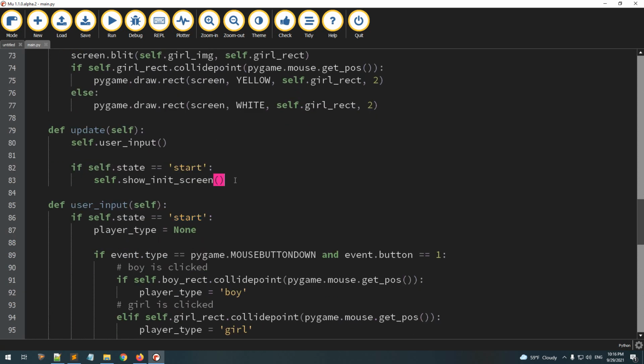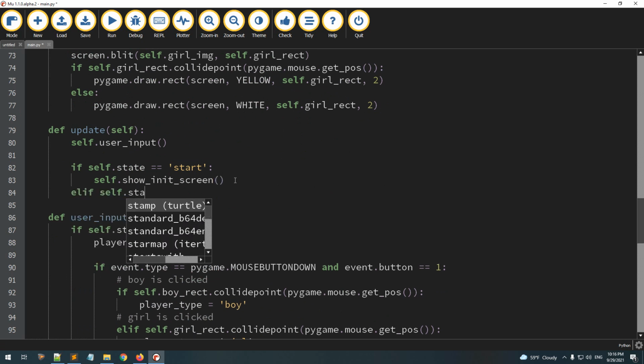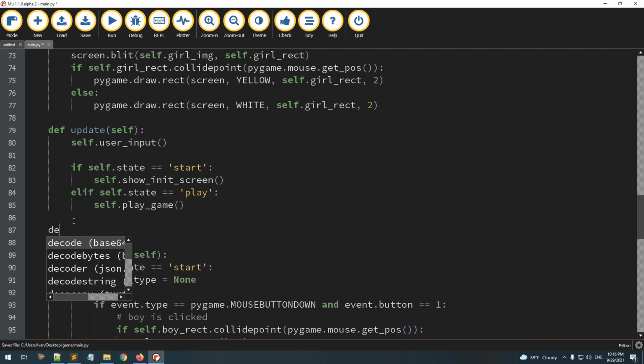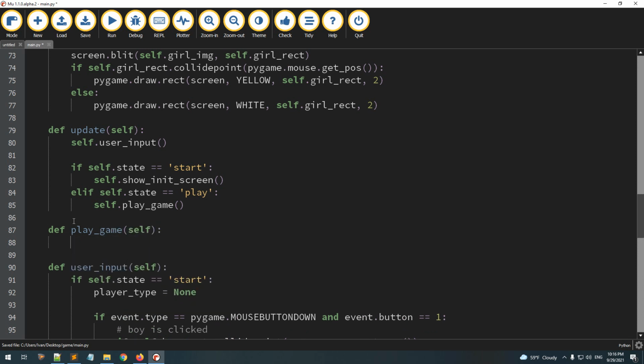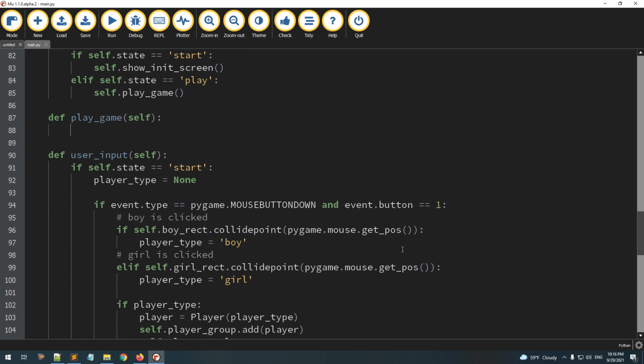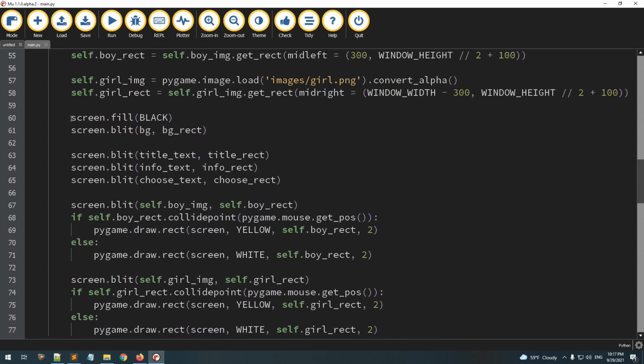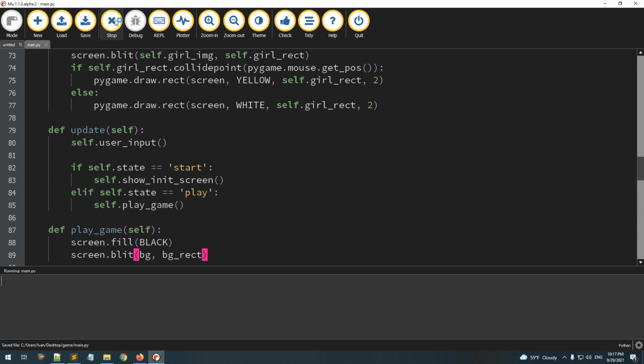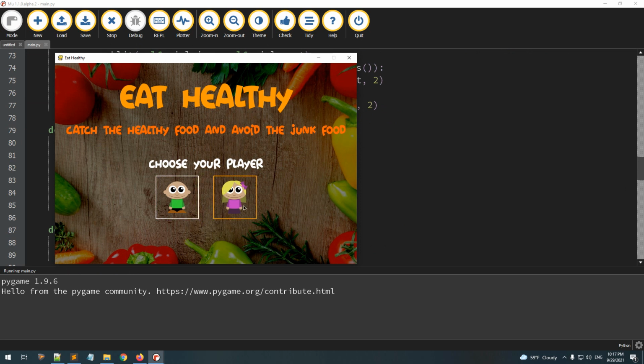And inside of the update function, I need to write another condition, elif self.state equal to play. And let's check if we enter this state by calling a Pygame function. And inside of Pygame, let's just clear the screen and just show the background image. Okay. So we can hover over the image, but once I select one of the images,